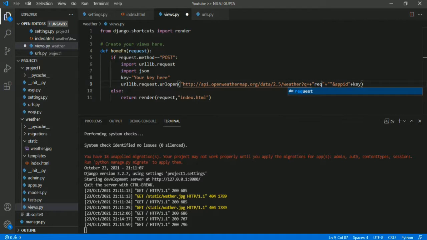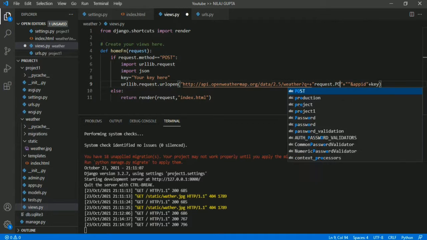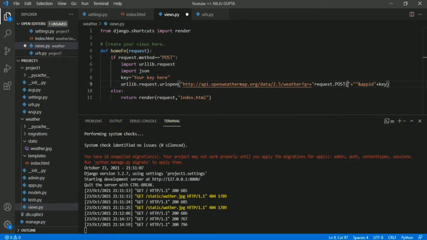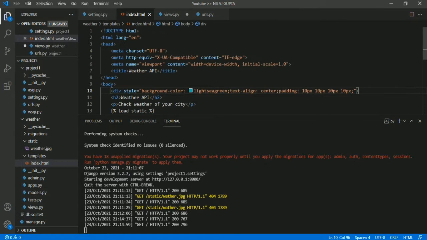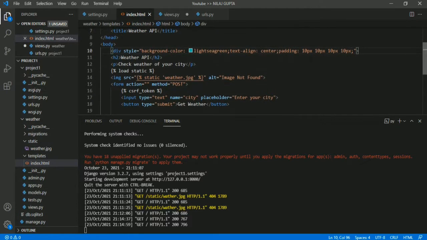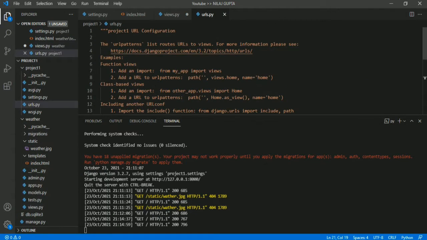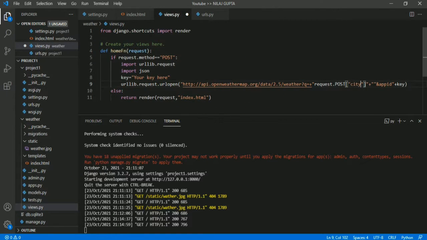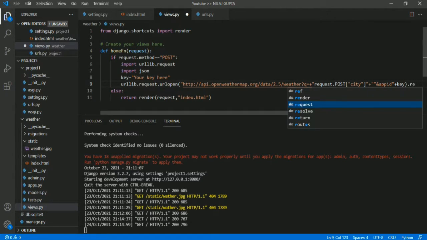Here request.POST and your city. You can see that we have given the name city for that input button.